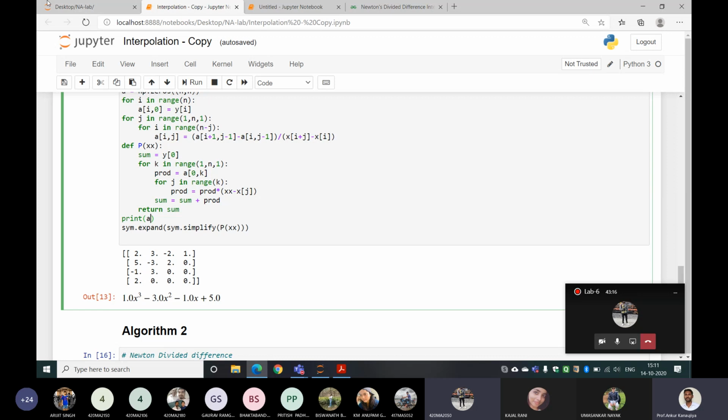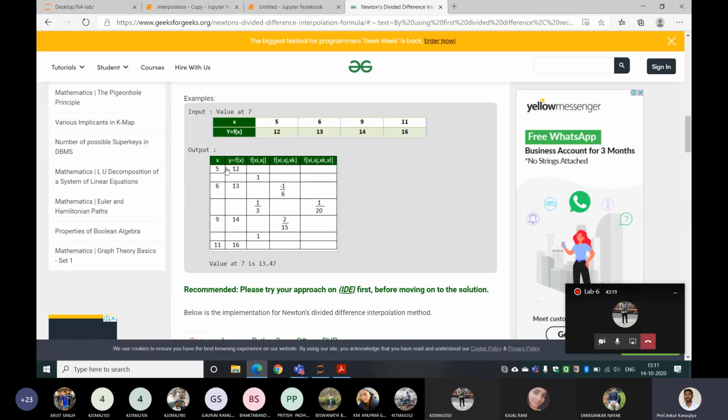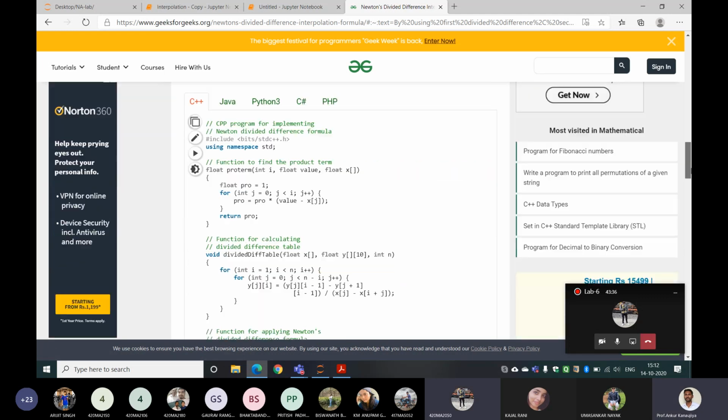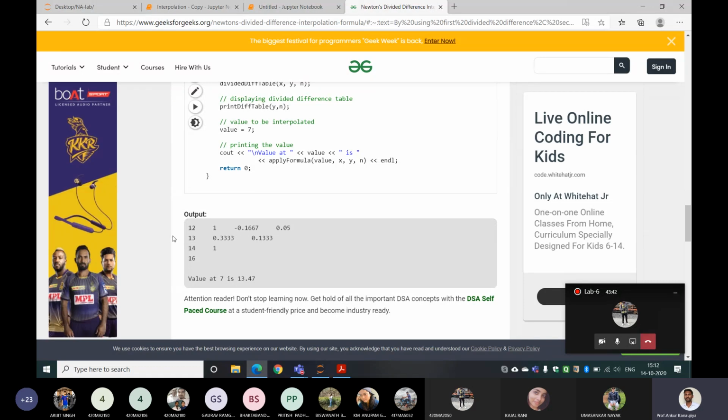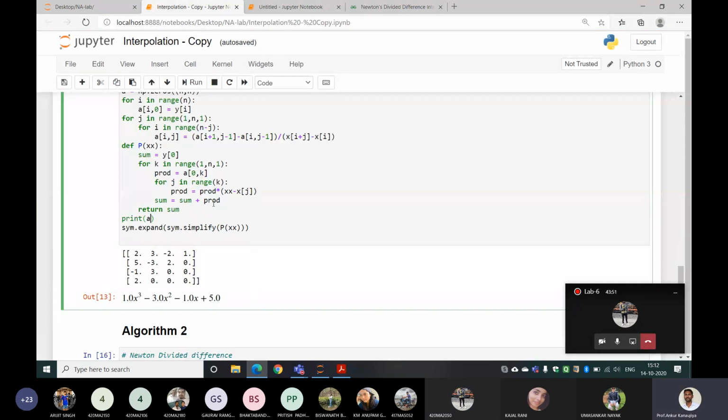Yeah, see in the table which entry you need. In this table, which entry you need? This 12, 1, minus 1 by 6 and 1 by 20, if you are doing forward. So this is the program for forward. So these will all be the 0th row of each column, right or not? If you see in the table, this is the table. You need 12, you need 1, you need this, and only this first row you require. The remaining thing is not required if you are using forward. So that's why 0. 0 means the first row. And then if you print, you will get this answer.